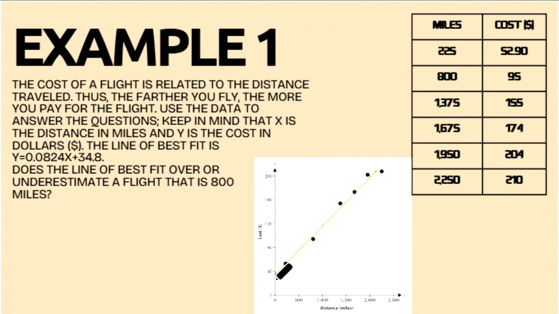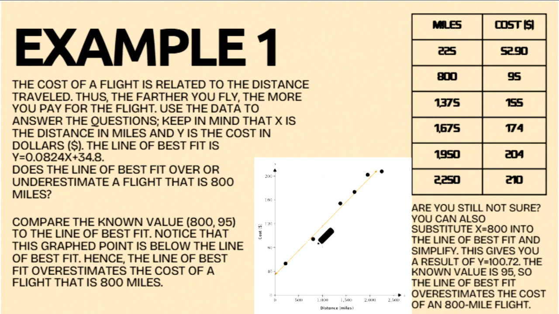Does the line of best fit over or underestimate a flight that is 800 miles? Okay, so they say for 800 miles, the exact cost is $95, okay? And if you look right here, the line of best fit is above that, so they overestimate how much it's going to cost, okay? So you can get the exact amount by doing the math, by doing y equals